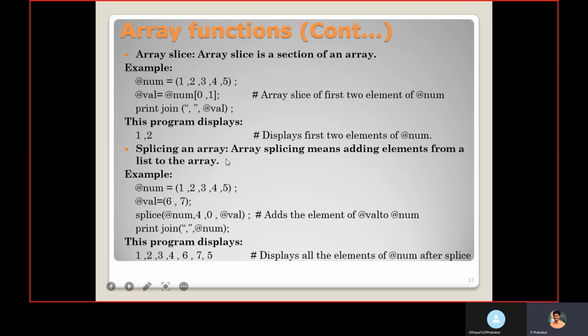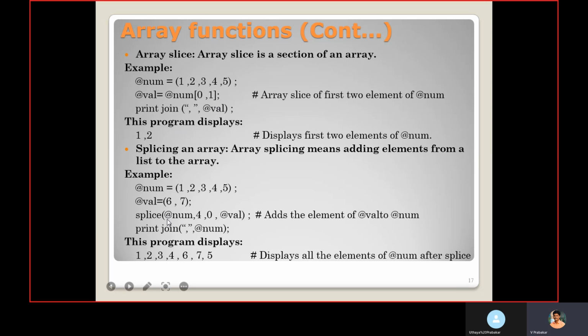Splicing an array. Array splicing means adding elements from the list to the array. Here in this example, @num is the array, it holds these elements. @val is an array, it holds these elements 6, 7. Using this splice, first is the array name, where we are going to perform splice.